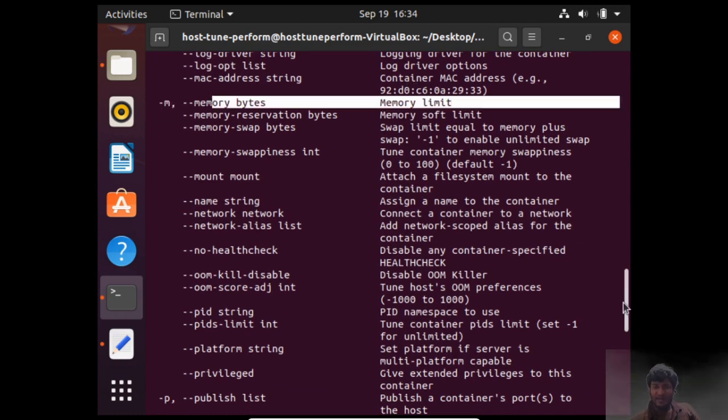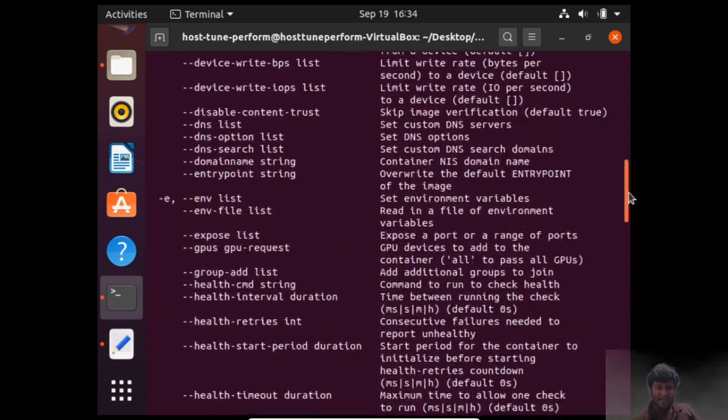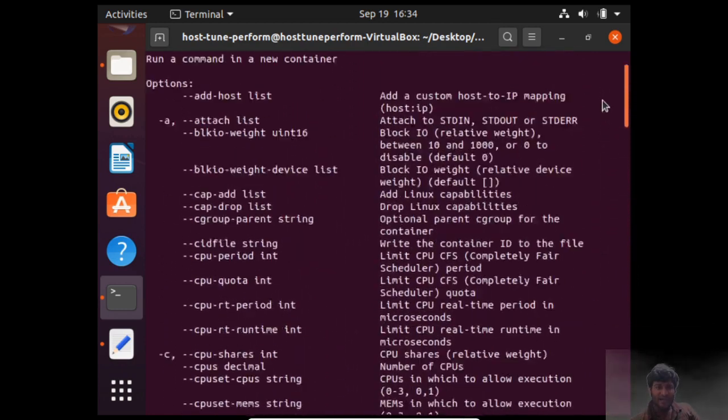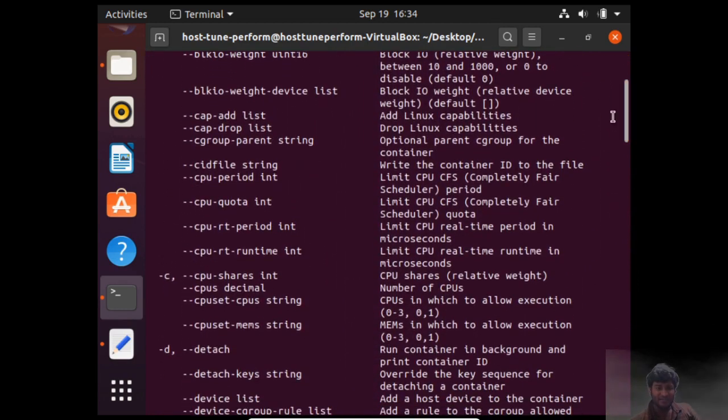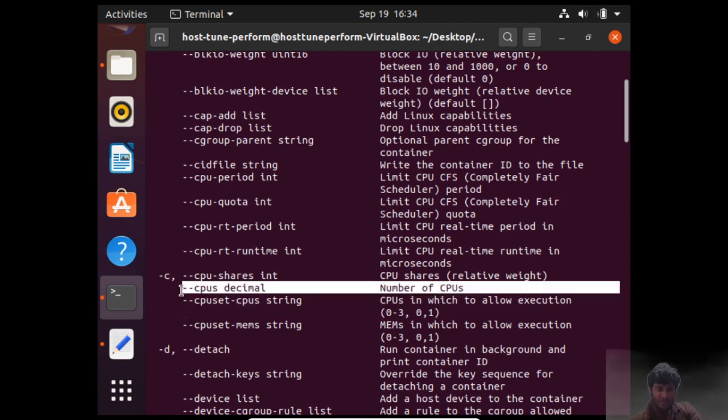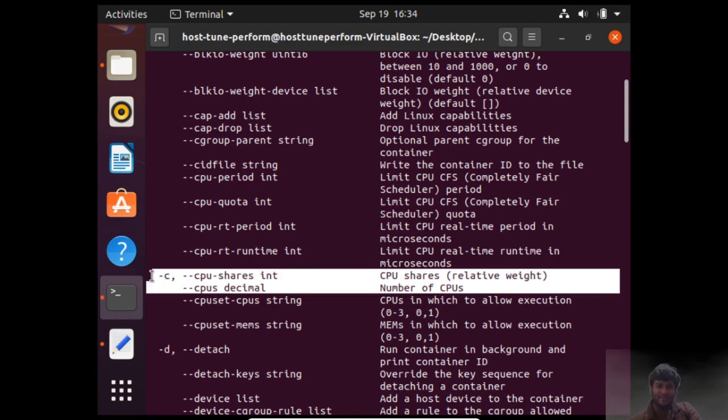In the similar way, we decide the CPU, and CPU is decided by dash c. You can see over here which is CPU. So the number of CPU is decided by this CPUs. Then we say decimal. So how do we do it?